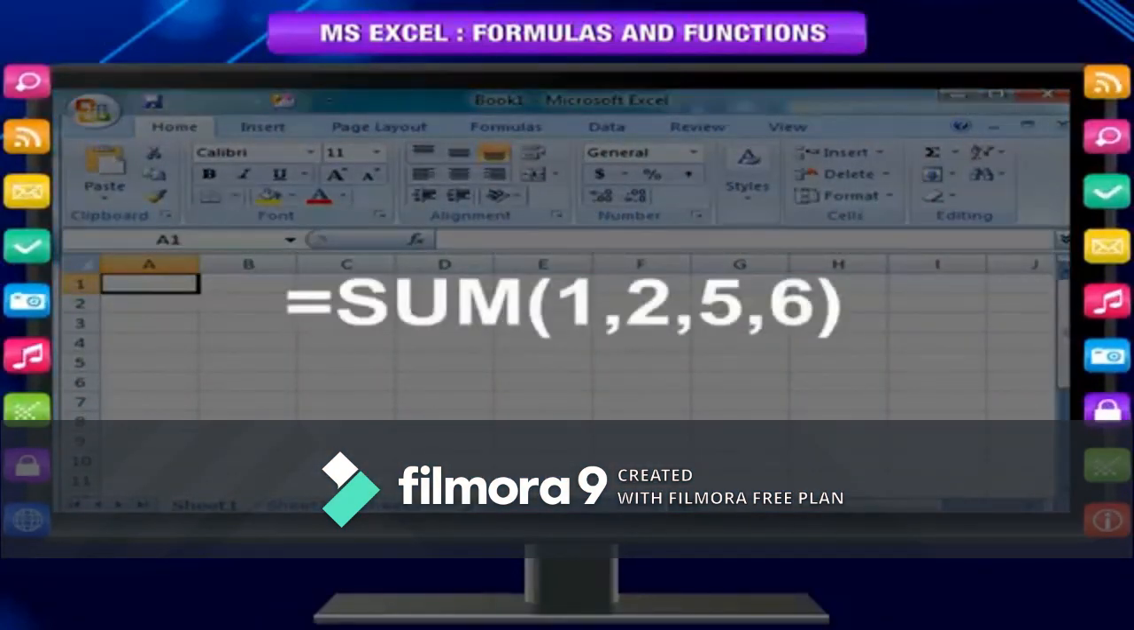When you copy a formula, Excel automatically adjusts the cell references for each new